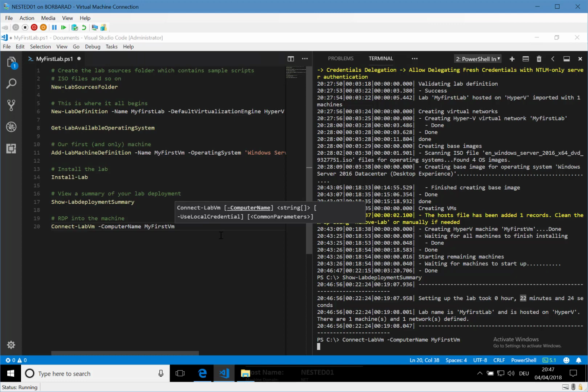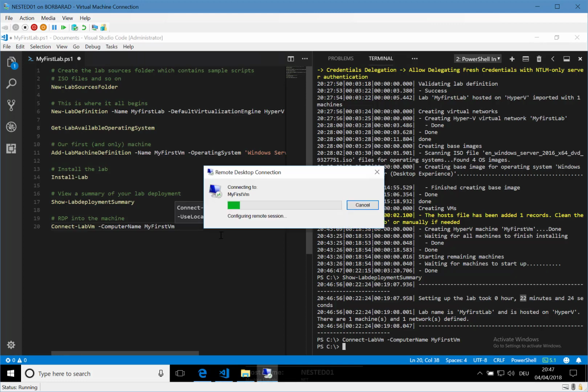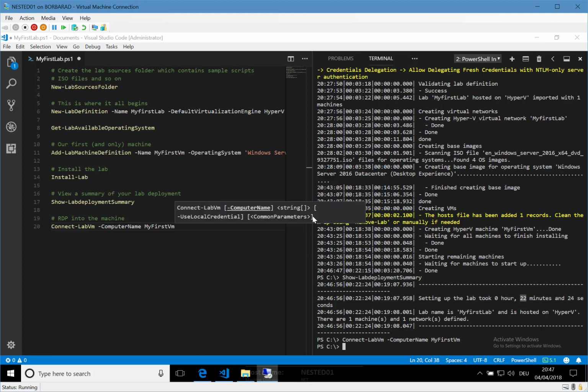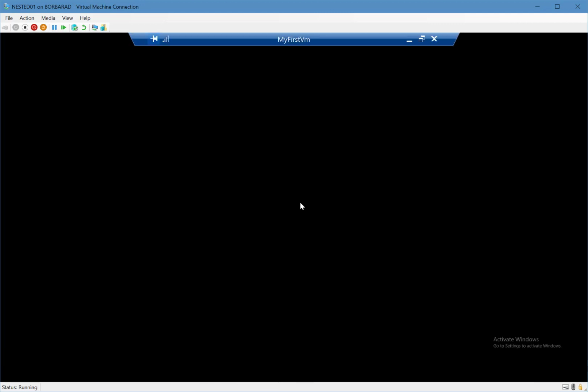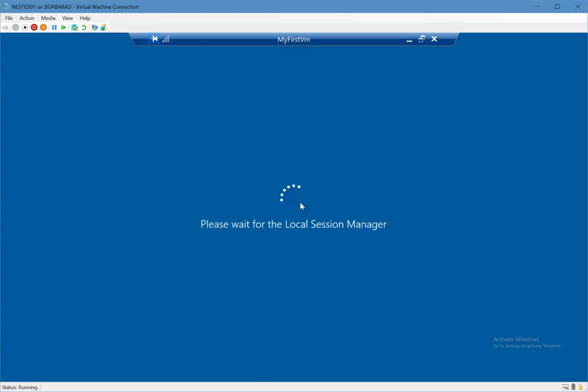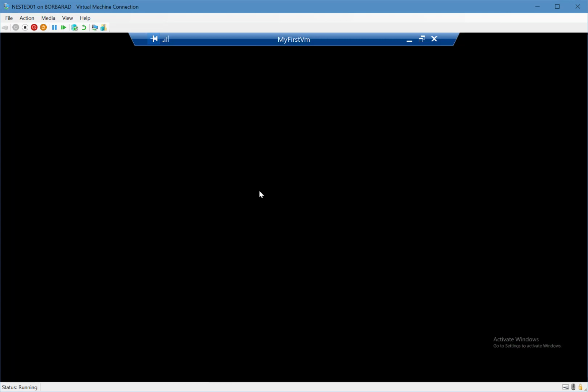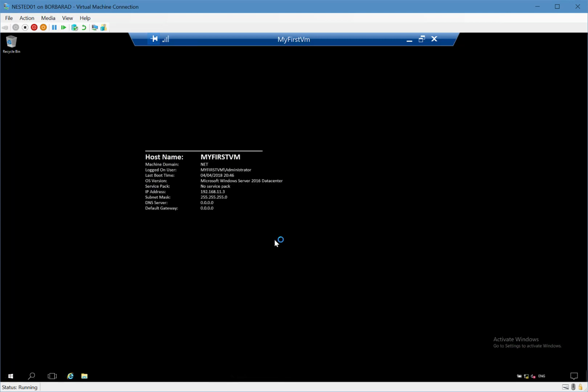So we actually get a remote desktop connection with the credentials pre-filled, and can simply connect to the machine. Since it's a GUI server, we will be able to click around all we want. And you can see the logon worked flawlessly.